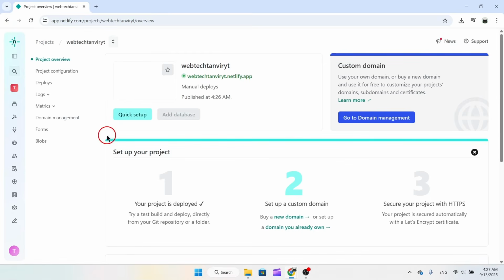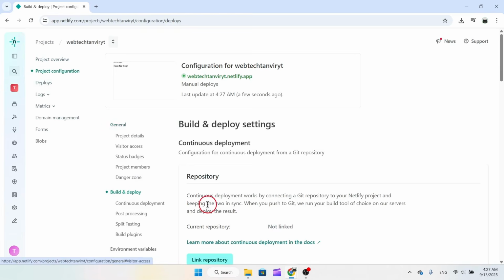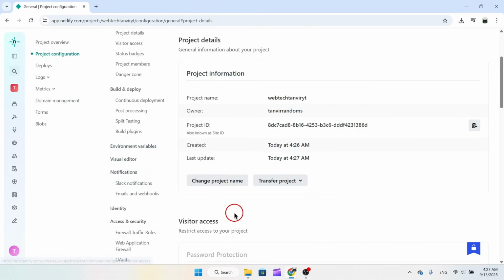So we click here, finish later. Now go to the deploys. Here you can see deploys. Go to the deploy settings, and under deploy settings you will have an option inside general. Here you can see under general you have an option, project details. So click here, and now